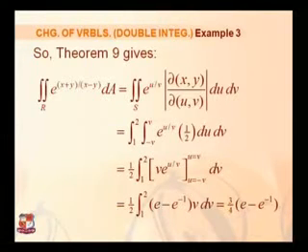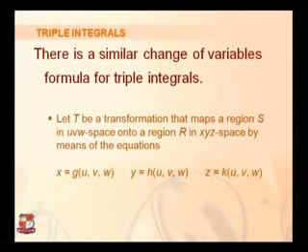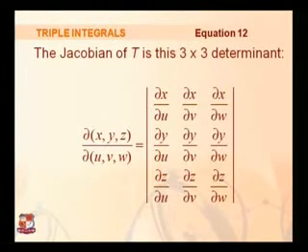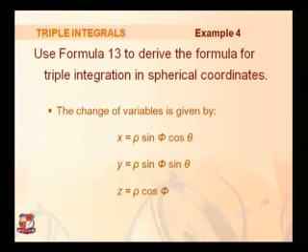Okay, so now I quickly move to the change of variable, similarly in the triple integration. For the triple integration, if we change from x y z to u v w, then the Jacobian will be del x by del u, del x by del v, del x by del w, and in the same way for y and z.